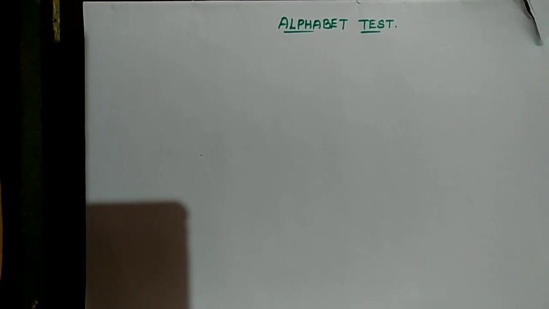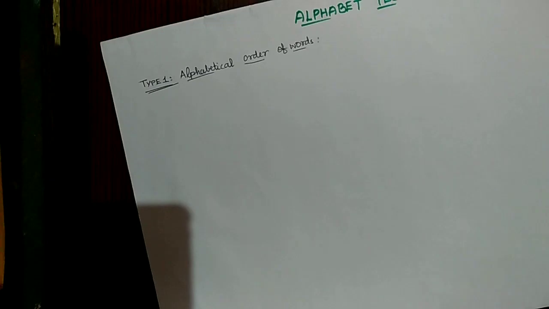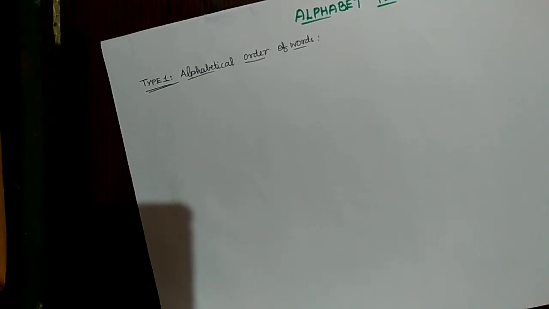I'll tell what the 6 types are. I'll be telling all the 6 types with some illustrative examples, so that you can understand what sort of problem this is, or let's take this like a game, how to solve this game like a puzzle. Okay, so type 1 is alphabetical order of words. In this type of problem, they'll be asking us to arrange the words according to the alphabets, like how it will be in the dictionary.